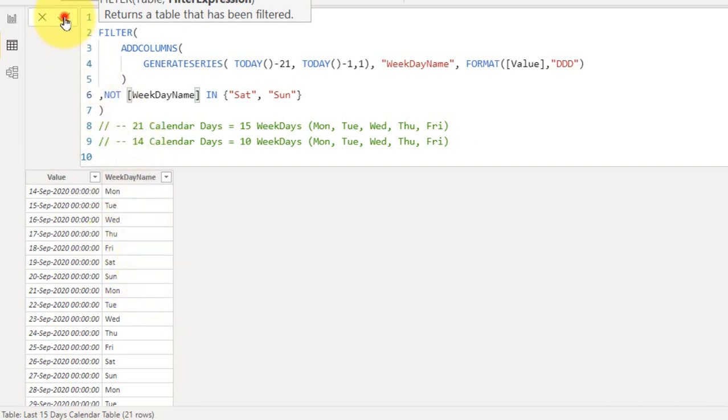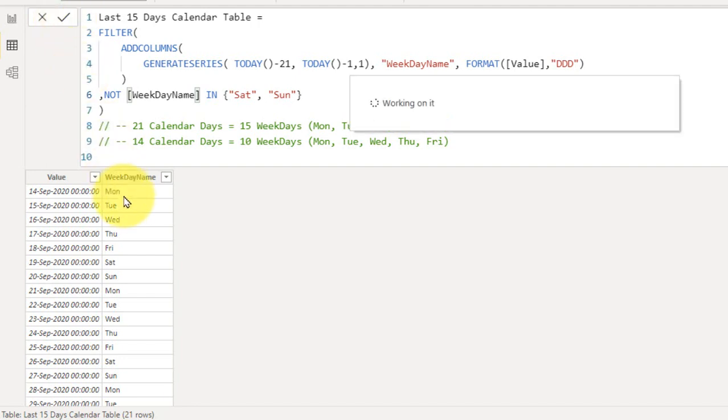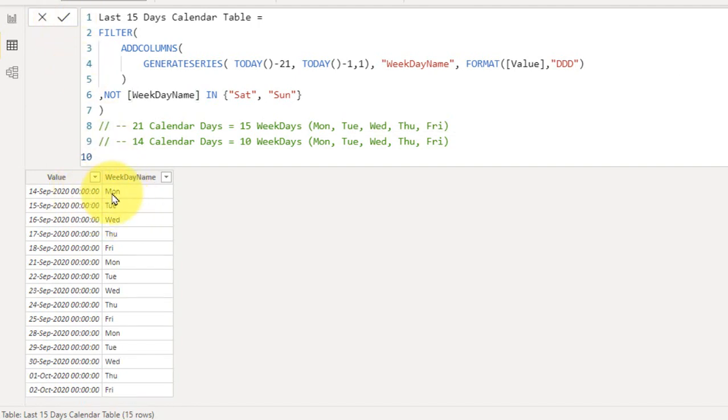By doing this, if I click commit now, it will load all the data excluding the Saturdays and Sundays. So finally, we got this result as it starts from 14th of September to 2nd of October.